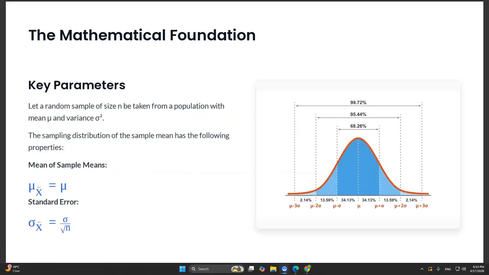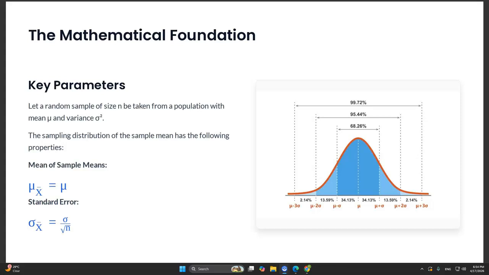Mathematically, if we take a random sample of size n from a population with a mean and variance, the sampling distribution has two key properties. The mean of the sample mean is equal to the population mean. The standard error is calculated as the population standard deviation divided by the square root of n. This creates the predictable distribution you see here,